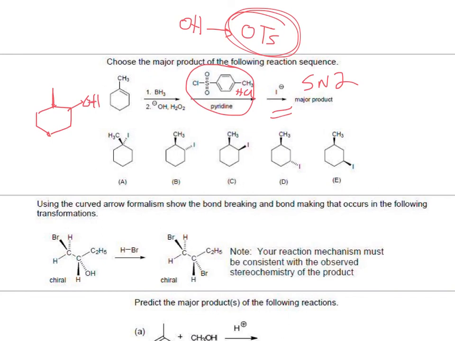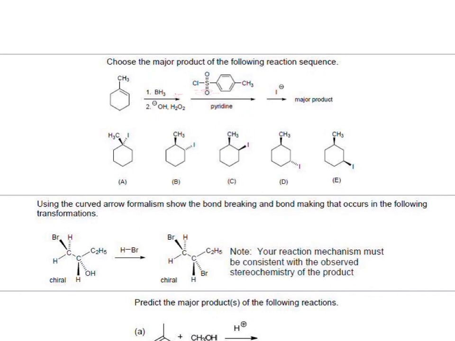Now the thing you need to remember is that hydroboration is a syn addition, and that means that if your methyl is going to point, let's say, on top, then your OH should come from the bottom. That's one possibility. The other possibility is that if your methyl is down, then your OH is going to be on top, and so would be your hydrogen. So that's what syn addition means. The second step basically converts the OH into OTs, so that's nothing fancy, and you can consider that as OH2 with a positive sign,